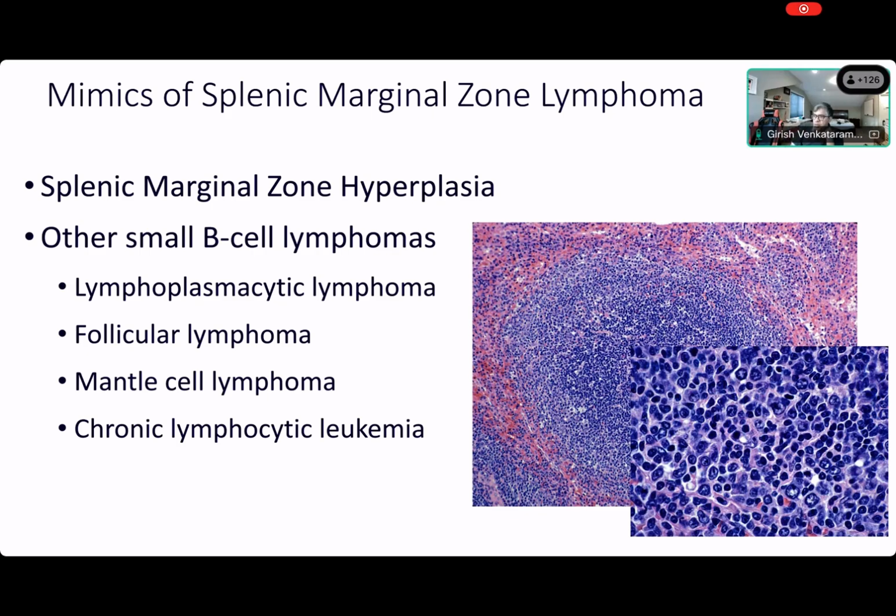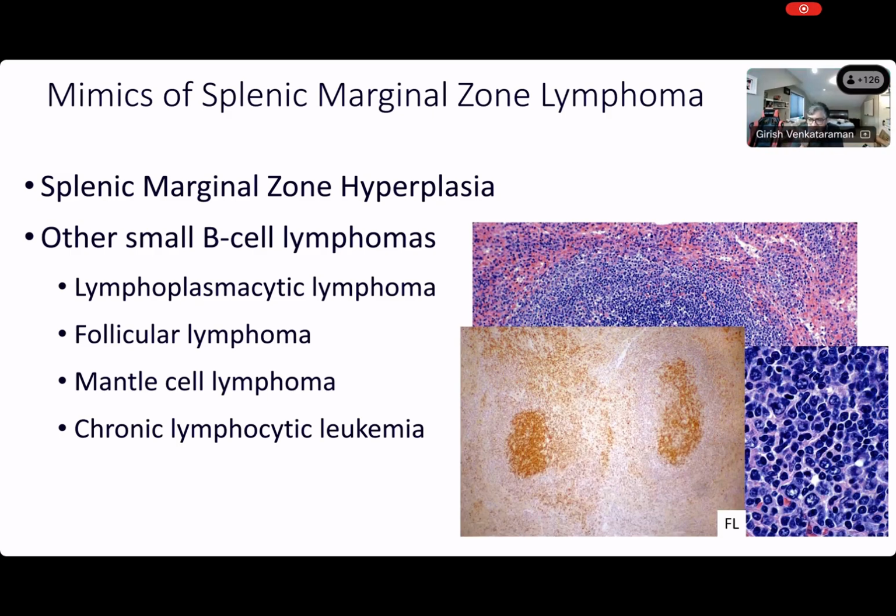This is to show you at high power what the cells are, the centrocytes, and the T cells, but morphology will only go so far. So you cannot go too far with morphology in the low-grade lymphomas, right? This turned out to be follicular lymphoma on the screen, right? So indistinct follicles, it turns out to be follicular.